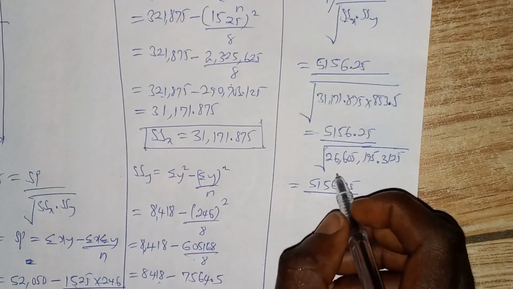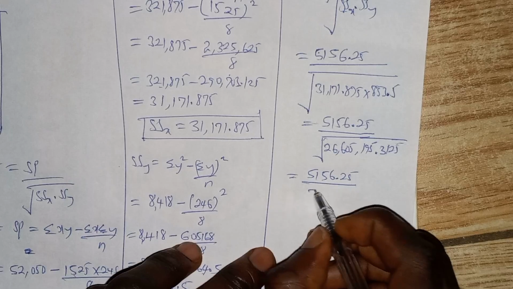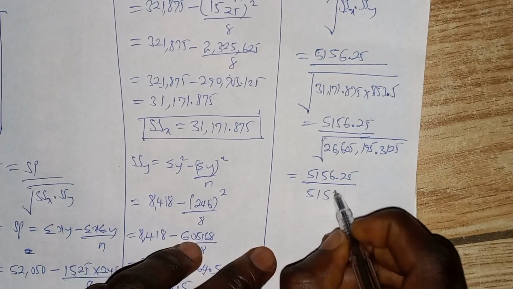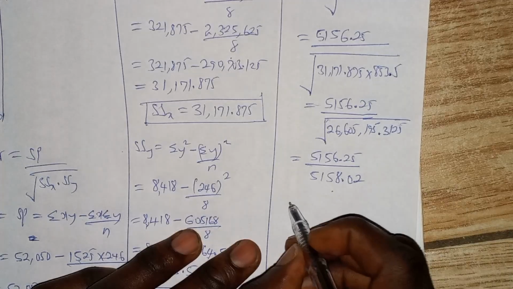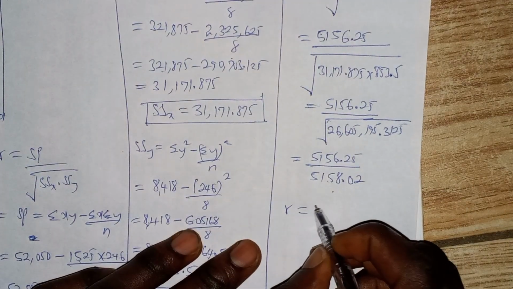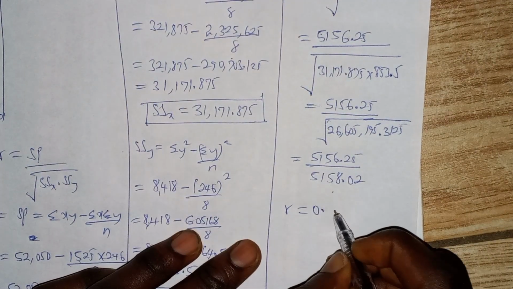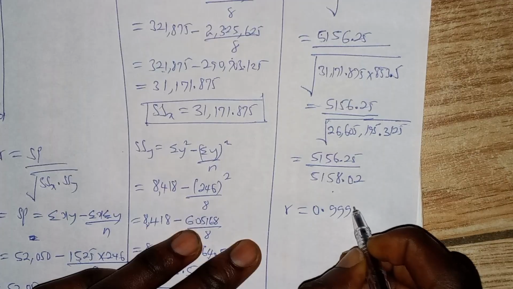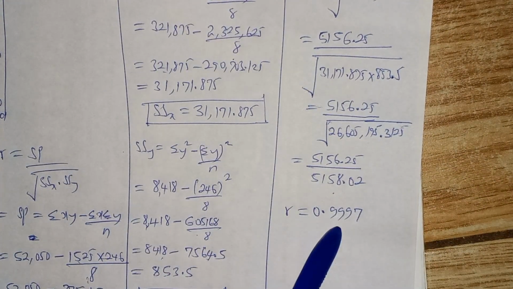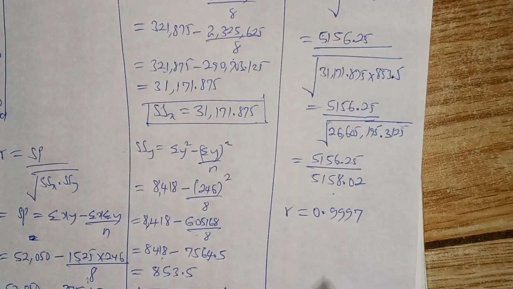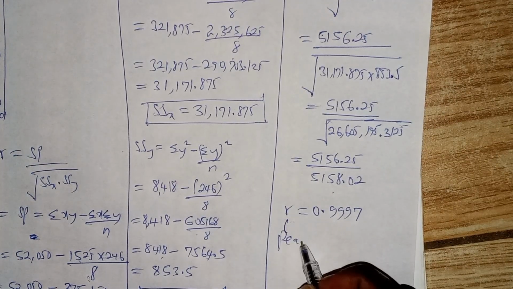The square root of the denominator will give us 5158.02. So dividing this by this, we get our R is equal to 0.9997 approximately. This is Pearson